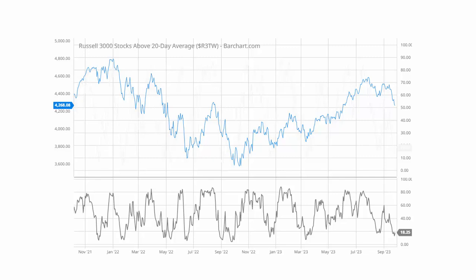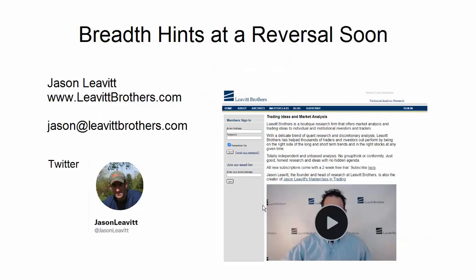Similar to before, you'll notice that in a downtrend there were a lot of lower prints over here in single digits, whereas within the uptrend, these did not drop to single digits. These got close, and these were closer to the high teens. So if we can stick here and not go much lower, then we should be good as a dip within an uptrend. But if we start getting prints down in here, then that would imply the market is in worse shape than we think, and we're probably going lower, and we're going to have a legit downtrend rather than just a pullback within an uptrend. So the market's not in great shape,